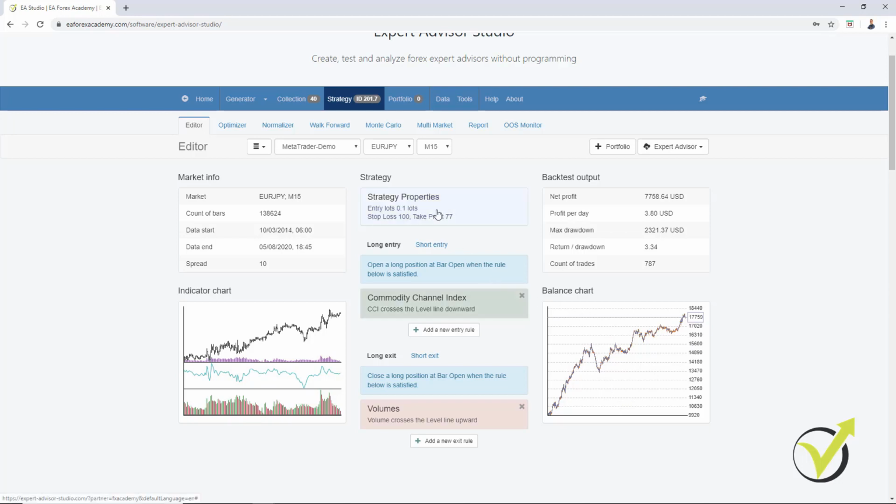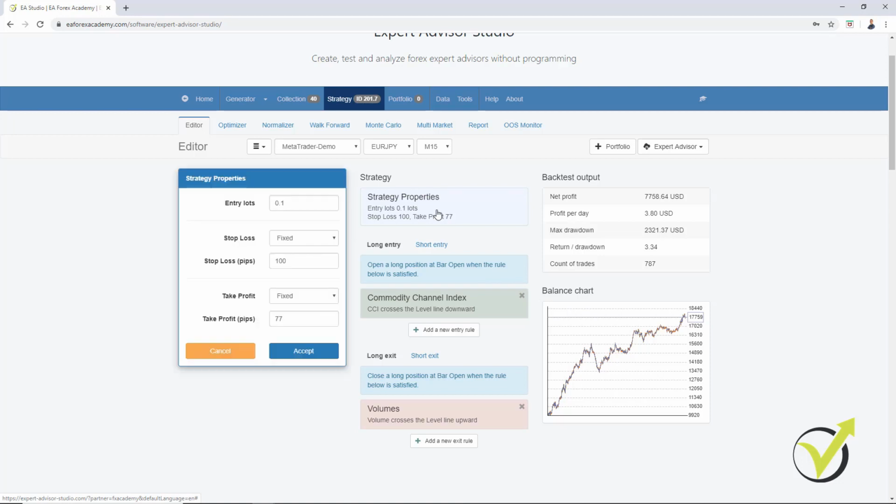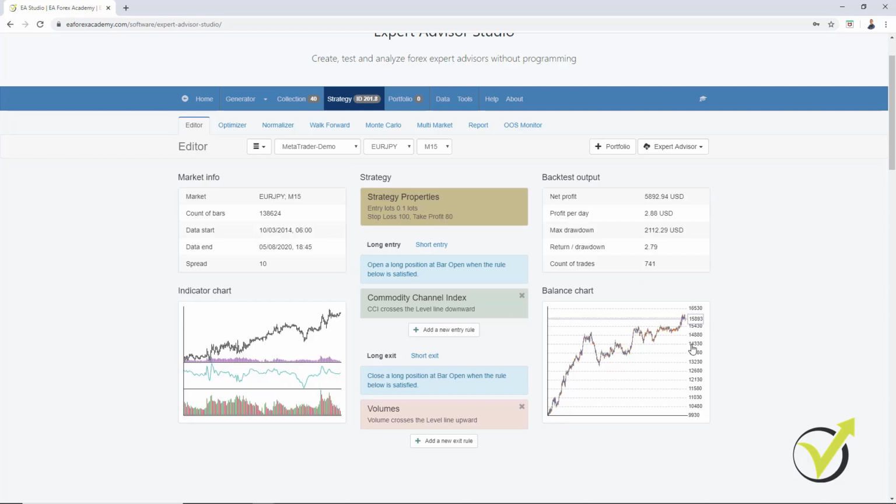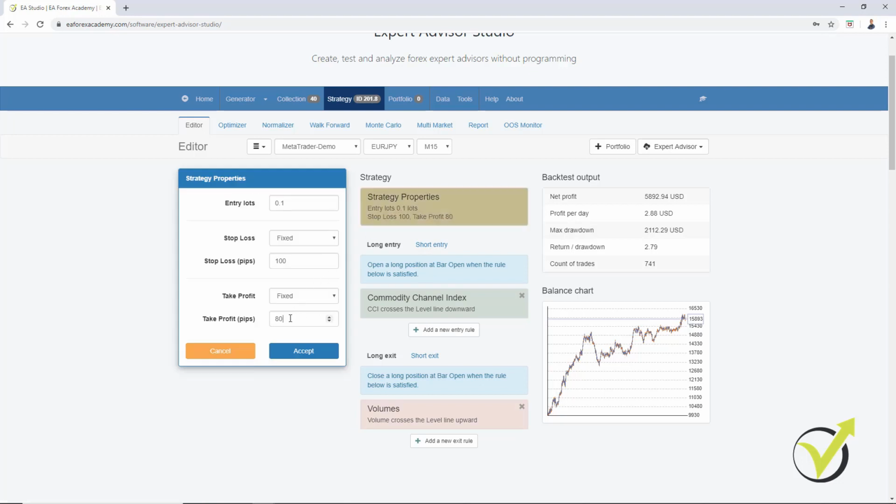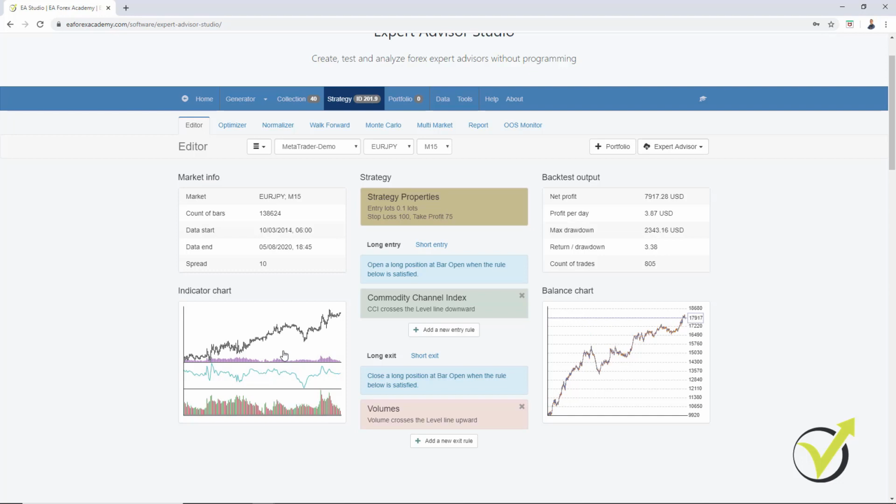As a stop loss and take profit, I have a stop loss of 100 pips and take profit of 77 pips for the strategy. And again, I will make it a round number, take profit of 80. I will click on accept, and you can see that the balance chart didn't change a lot, but we have a lower balance at the end, so I will decrease it to 75, which is again a round number for me. In trading, yes, this is much better,